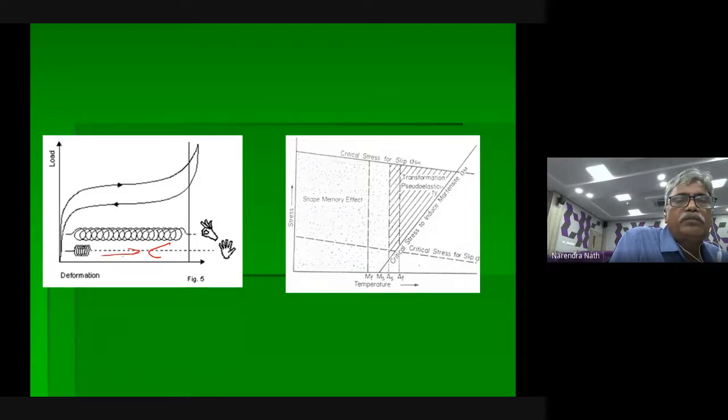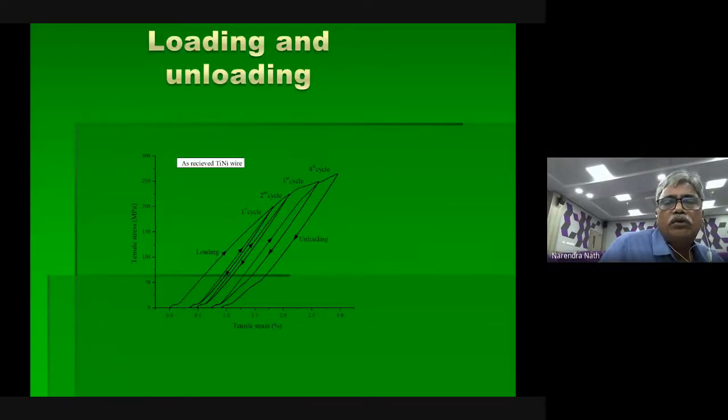Like this, if you do n number of times and return it back, it should come back to the original position. Suppose with time, if it stops here only, and if this increases more, then that much residual stress is there. Then it is not usable. Say this spring is rated for 10,000 cycles, so up to 10,000 cycles, it should not show any residual stress. If it shows, we have to replace it or something is wrong. So this is with load, and this is what loading and unloading is taking place.